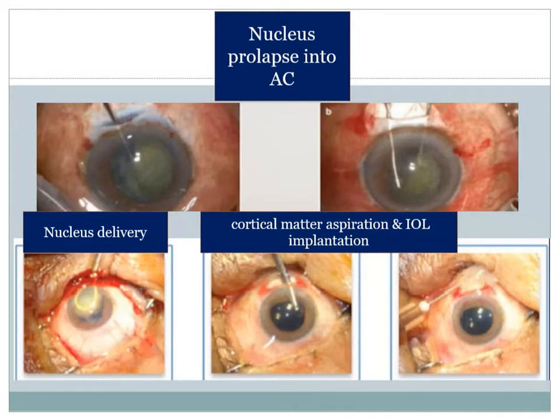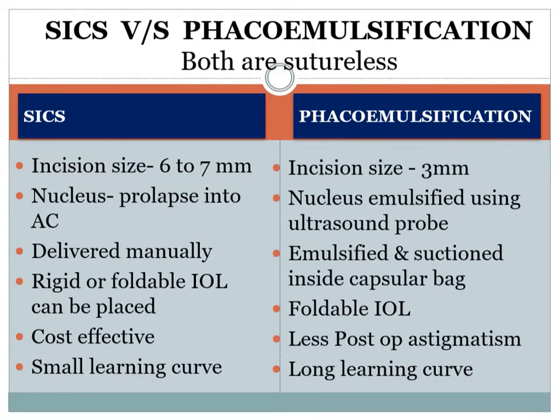The bag consisting of a rim of anterior capsule and the posterior capsule. So within this bag, we are replacing the lens with our artificial lens. And the power we have already calculated. Whatever power is suitable for that particular patient, that particular IOL you will implant within the bag. Okay, so that marks the end of the surgery.